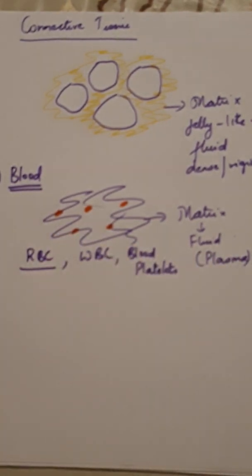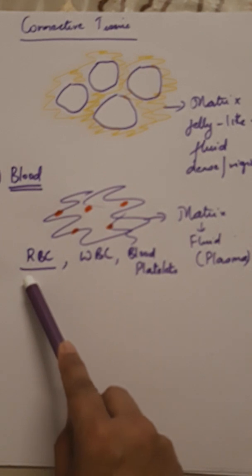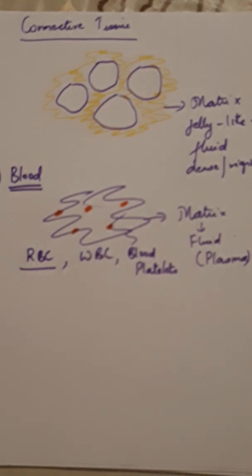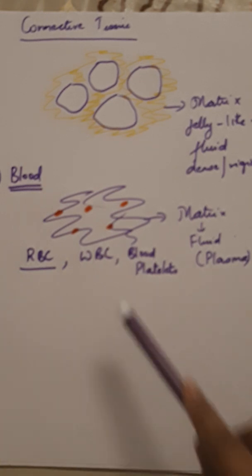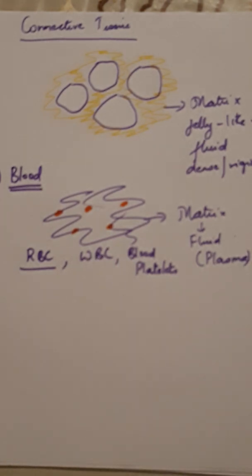Now, what do the red blood cells do? The red blood cells basically carry oxygen to different parts of the body because they contain an iron pigment called hemoglobin. Hemoglobin has affinity for oxygen, so it carries that oxygen to different parts of the body. White blood cells are like soldiers in your body. Whenever disease-causing germs enter your body through contaminated food or water, or when you're in contact with an infected person, these white blood cells fight against those germs and kill them. So they basically build up your immunity.